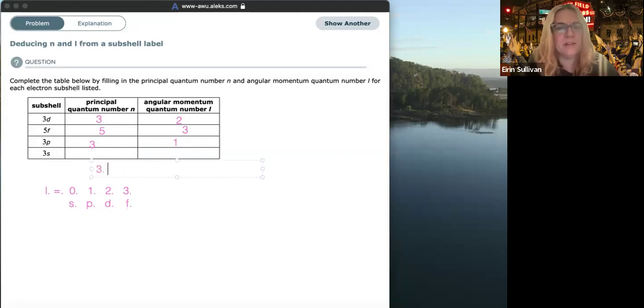So 3 is N equals 3, and L equals 0 for an S